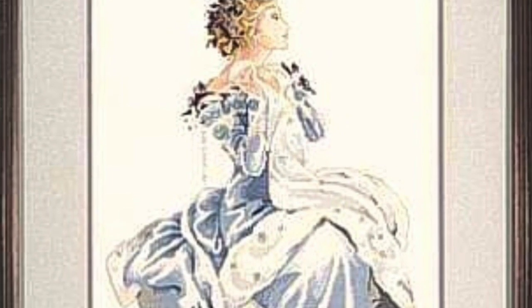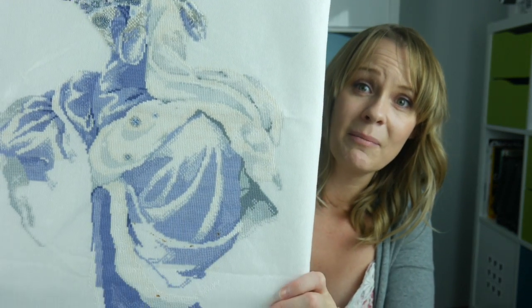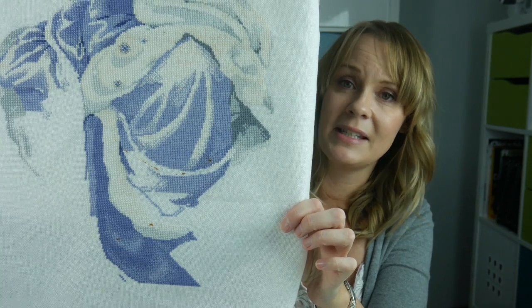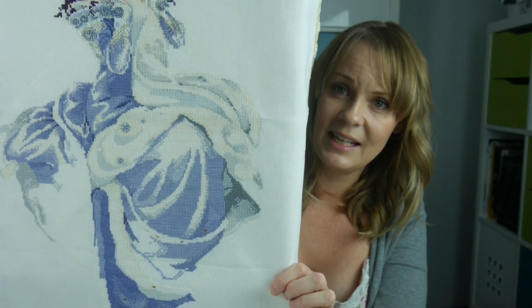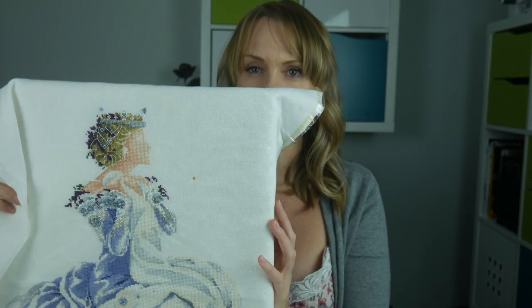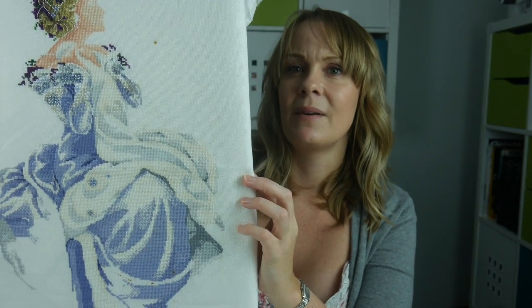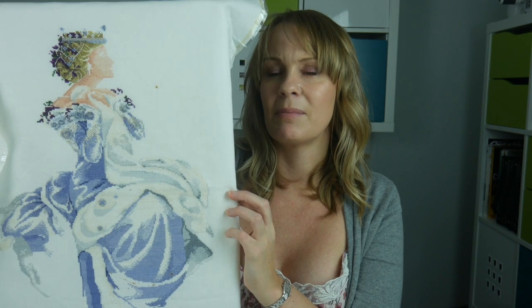So this is Mirabilia's Winter Queen, and I'm just going to hold her up for you. She is lovely, and in all fairness, I have completed an awful lot of her. There's obviously bits I haven't done yet that I need to come back and finish. Because this is stitched with a lot of the whisper threads, I'm just trying to get it at an angle where it will focus properly and not blur. So there's a lot of the whisper threads to go in, which is like the fur lining of what she's wearing. But you can see one mark here of the